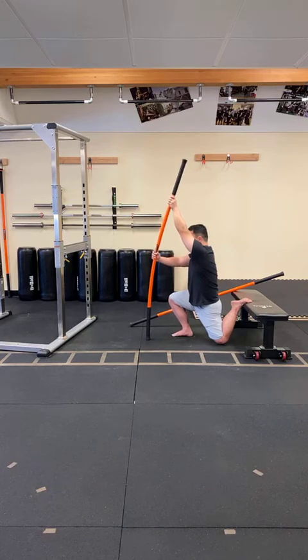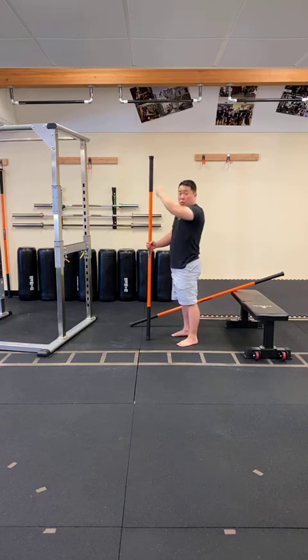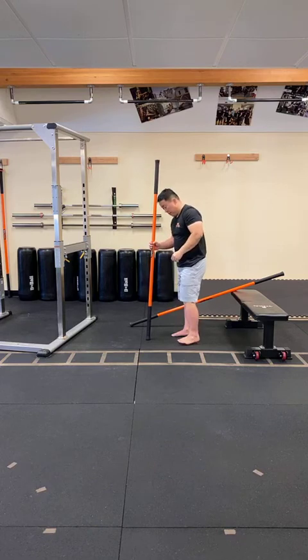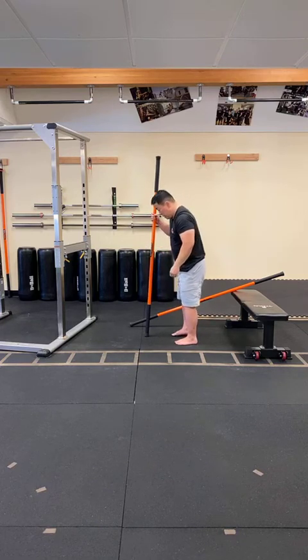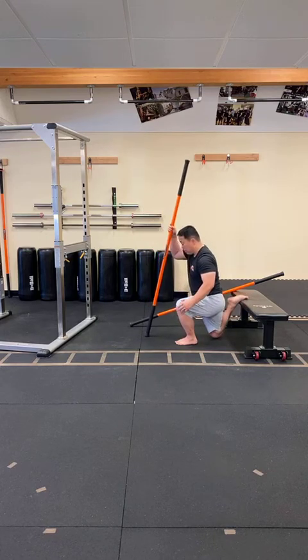Ease off tension and relax. Remember, active pull is when you're trying to actively flex the elbow. That's not what we're looking for here. All right? Switch legs. My right foot is going to go on top of the seat, dropping the right knee